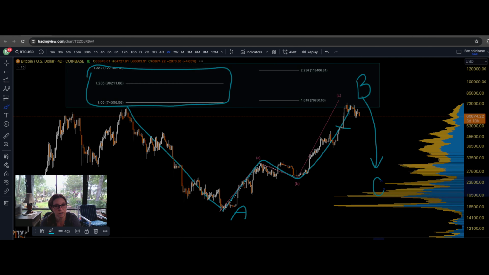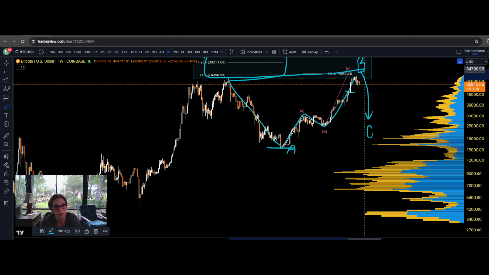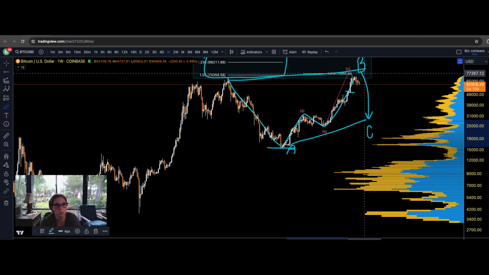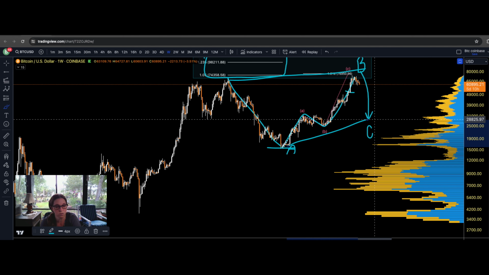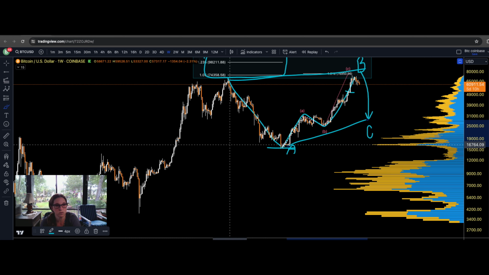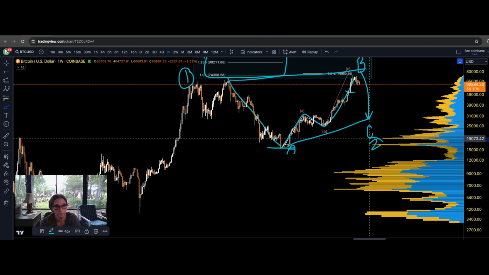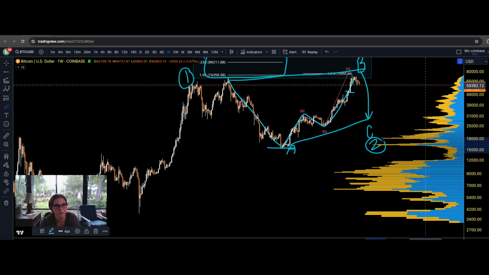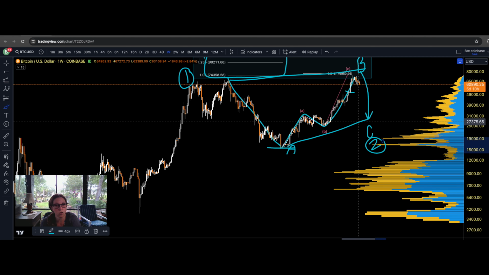Now the question is, can Bitcoin, if this is the case, hold a higher low and protect its A wave? If it does, that would be a very bullish correction. Now I know that no one wants this bear scenario, but going sideways like this, making a higher low, is very bullish. This would be correcting Bitcoin's entire run. We would call this whole thing a wave 1, and this would be a wave 2. The next wave to come would be the biggest wave 3 we've ever seen. So if this happens, it is not all that bad.